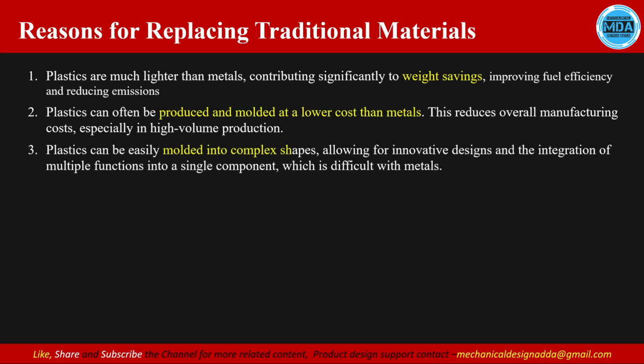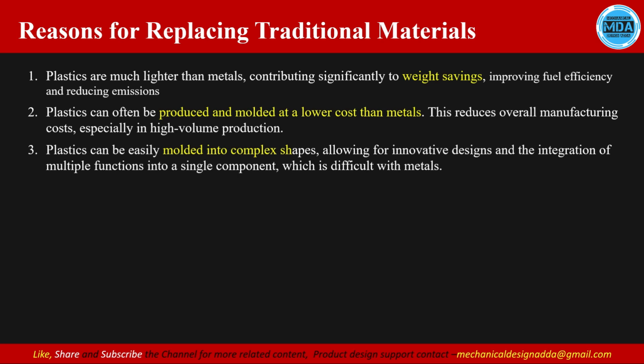And related to shape, even complex shapes we can easily produce with plastic material. So in that way we can innovate and come up with a more improved design, and at that time we can go for complex shapes, which is very easy with